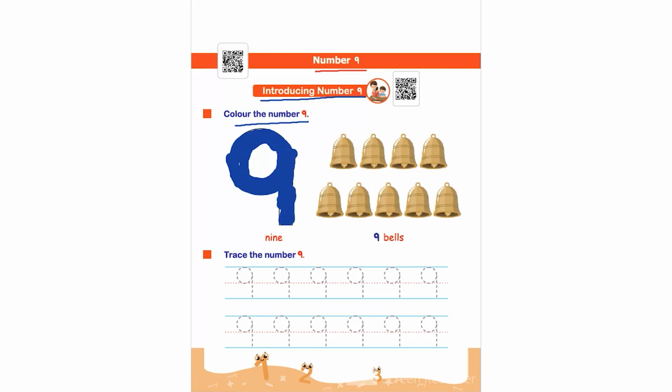And also let them read the word 9 over here, and please bring it to their notice that there are 9 bells over here. Trace the number 9. So here the child has to trace the number 9 in the first 2 rows